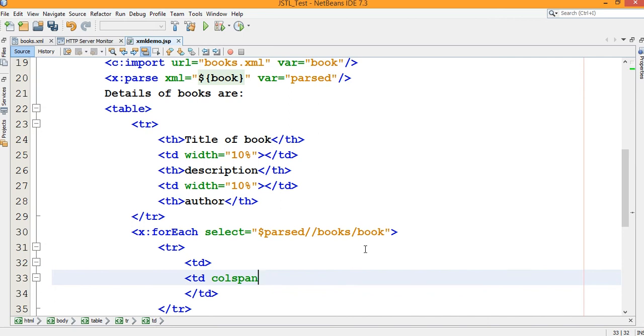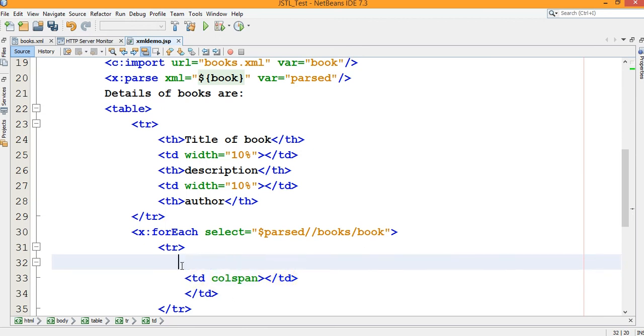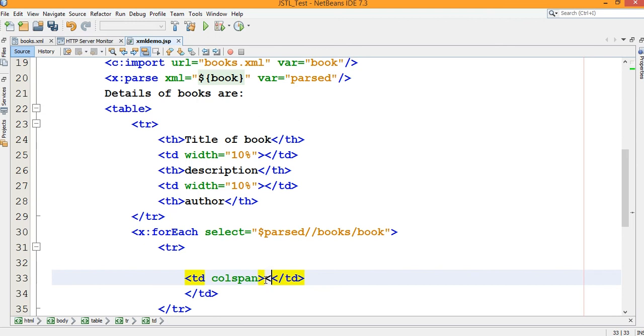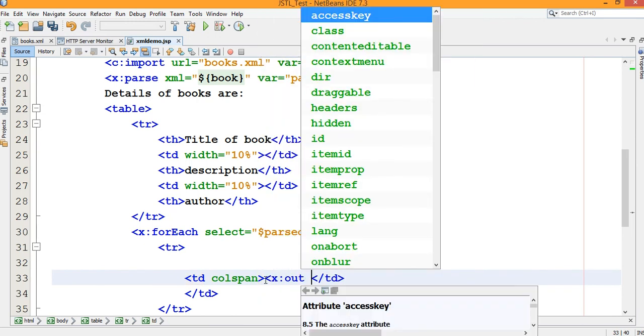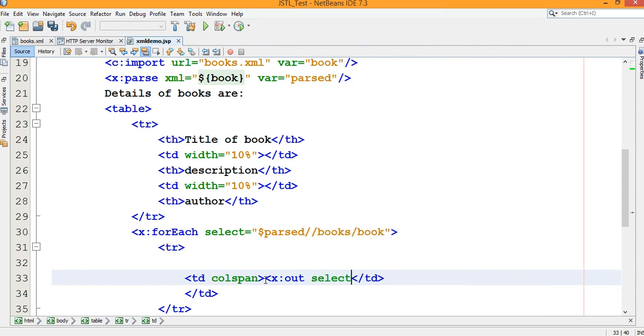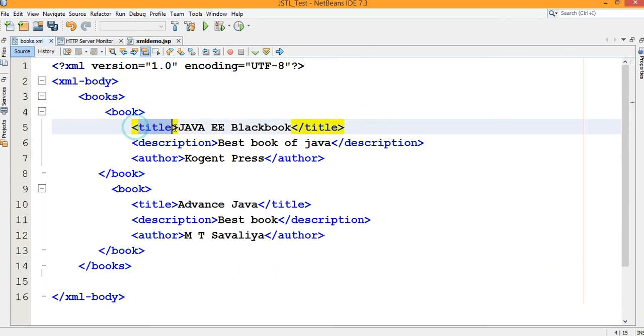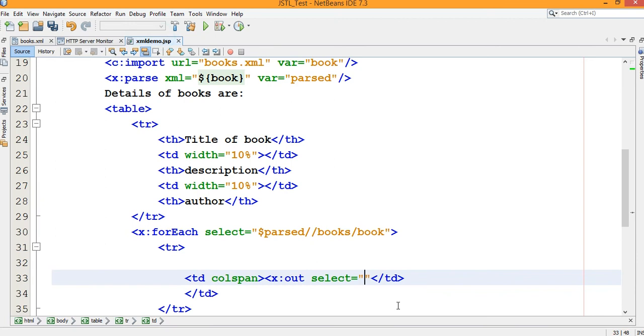I am not giving any size to it, td colspan and end of it. And here I want to print x:out. To print anything we require x:out. So x:out, what do you want to select here? First, what do you want to print? Title. So what is the tag of it? Title. So select equals, you need to write title. Yeah? So that is the x:out.